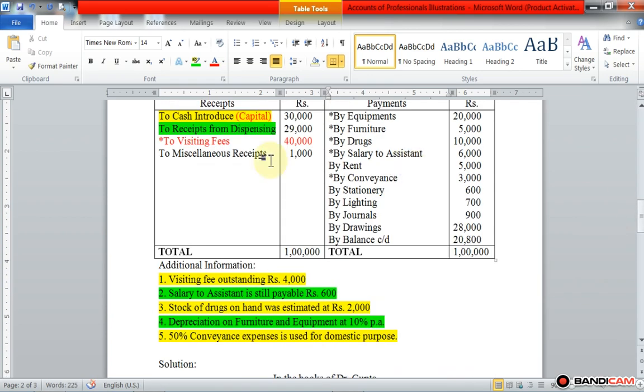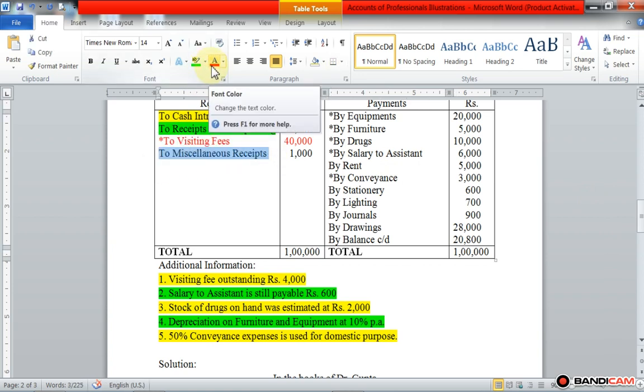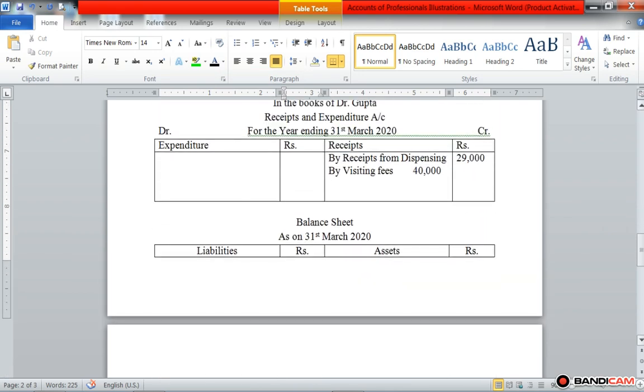Then miscellaneous receipts. Miscellaneous receipt is also a sundry income of Dr. Gupta, or a sundry income from profession, amounted to rupees 1,000. Additional information is not given, so we directly put the figure in the outer column, that is